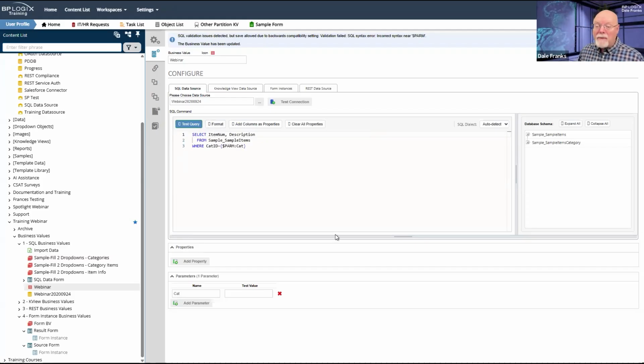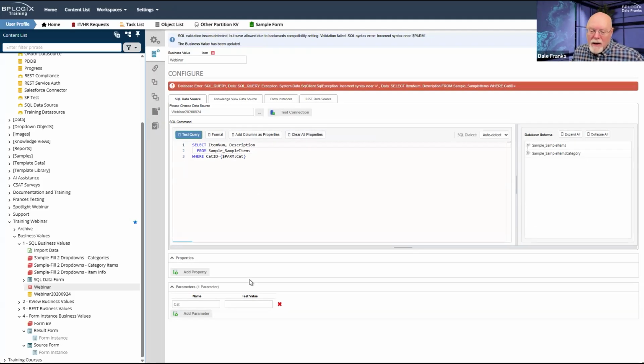You have a format feature, which will actually format your SQL into the appropriate Monaco editor style. And then you have the two buttons that everybody has. They're in a little different area. They're at the top here in the Monaco editor. They are below the text box in older versions of Process Director that don't use the Monaco editor. But these two buttons are still there where we can add columns as properties.